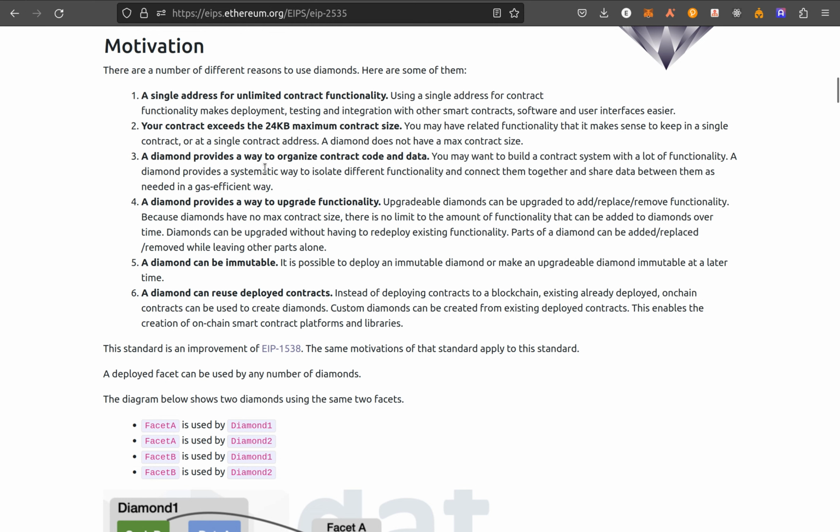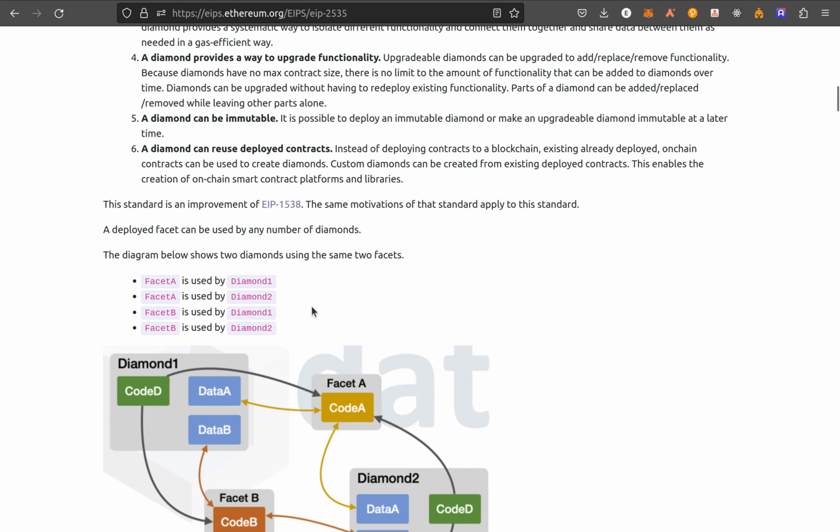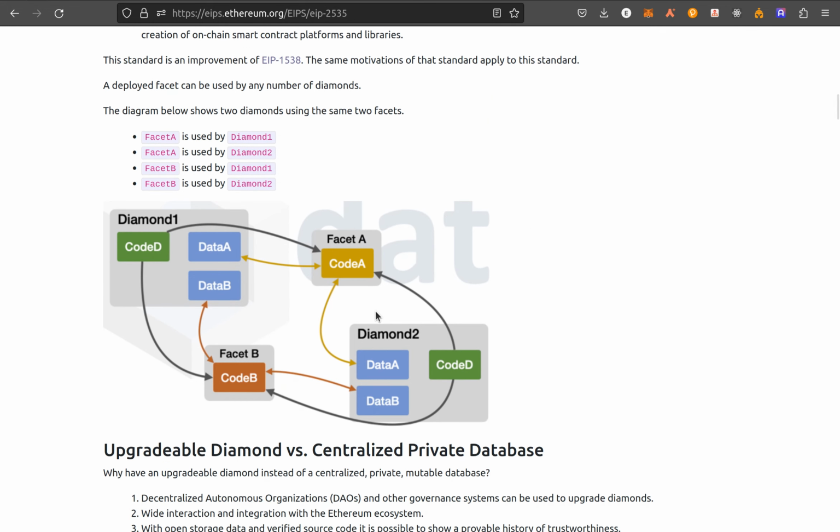So, organized contract code and deployable functionality. The Diamond can be immutable. This one is a little bit nuanced, but anyways, the Diamond can reuse deployed contracts. That's like using on-chain libraries that already exist, basically. So to the architecture, when you deploy